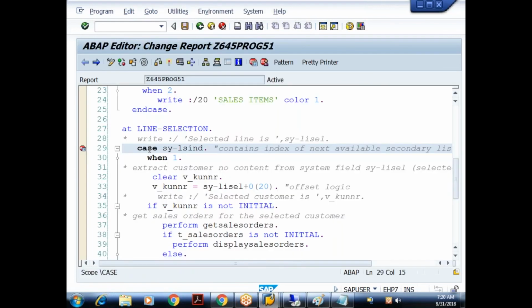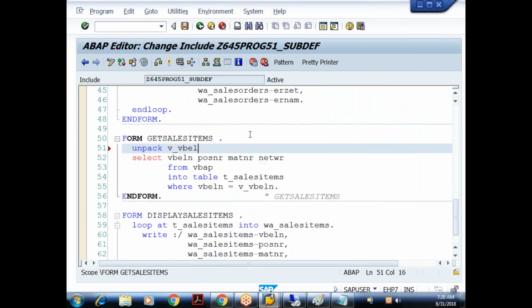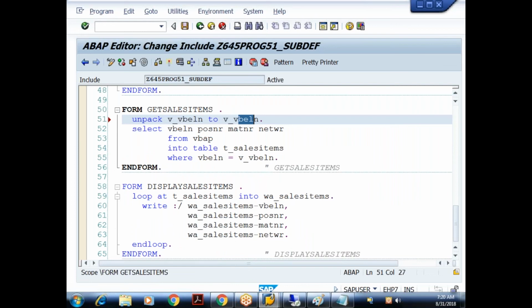So here also, before I get the sales items, I can use the unpack function, or I can use that function module. Unpack V_VBELN to V_VBELN. So depending on the width of the variable, SAP will prefix that many zeros. So when I execute now,